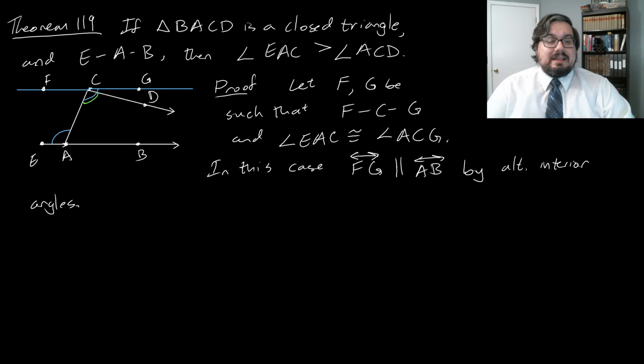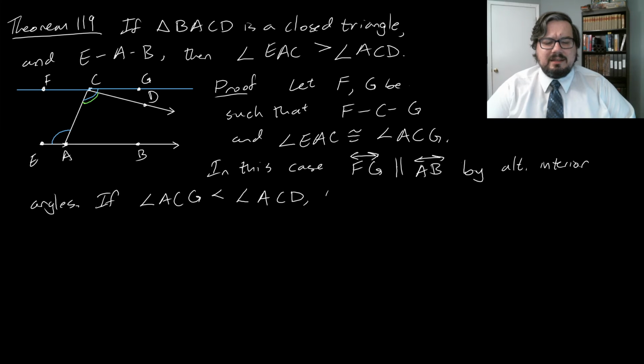Because the angles EAC and ACG are congruent, those two lines have to be parallel. Now, if the angle ACG were less than the green angle, then the ray CG would have to intersect the ray AB, because the ray CD is critically parallel to the ray AB. So let's state that. If the angle ACG is less than the angle ACD, then the ray CG